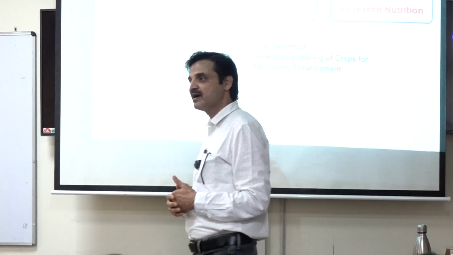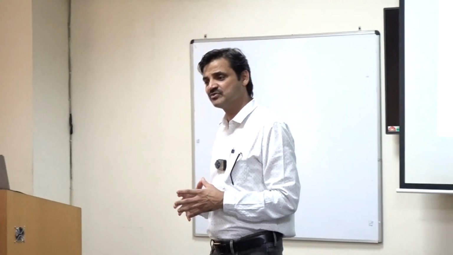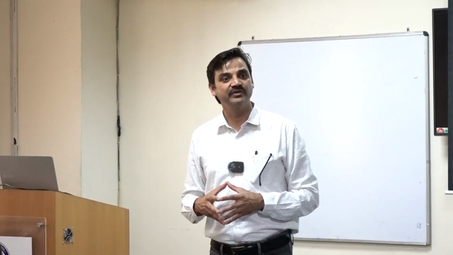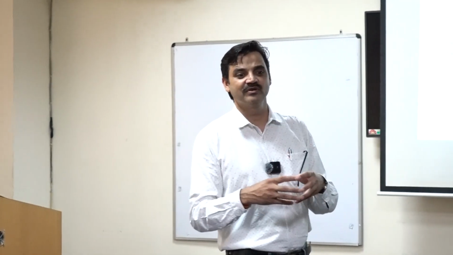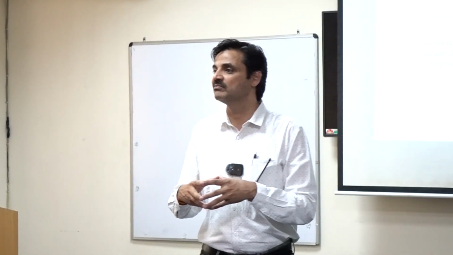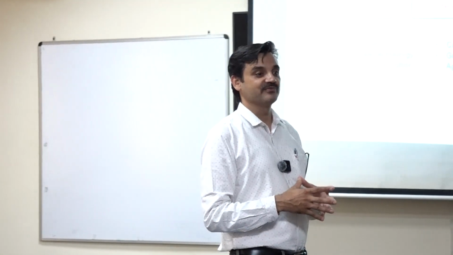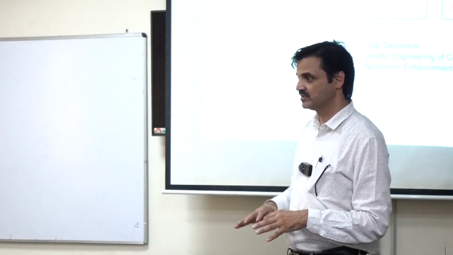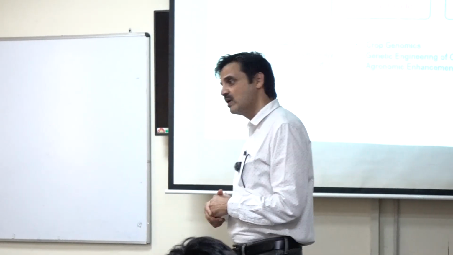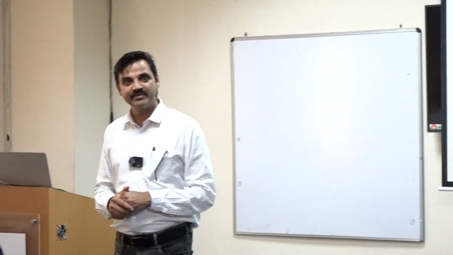And then the third part: once quantity is enough in your plate, you go to the quality part, and that we call the nutritional aspect of your crop, your food. Rice is a very good source of carbohydrate, but if it can have more protein or more vitamin, that would be fantastic. The nutritional quality of your food products goes higher. That is amazing. So once we have good quantity, we are secured. We parallelly work on the quality part as well, that we call nutritional improvement. So I'll be talking about all three areas with examples of what can be done.